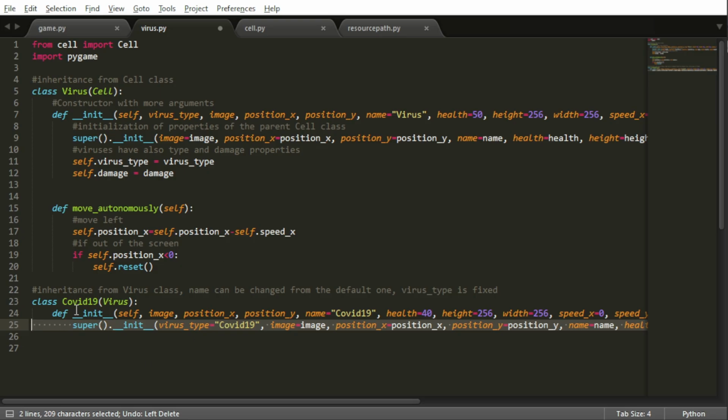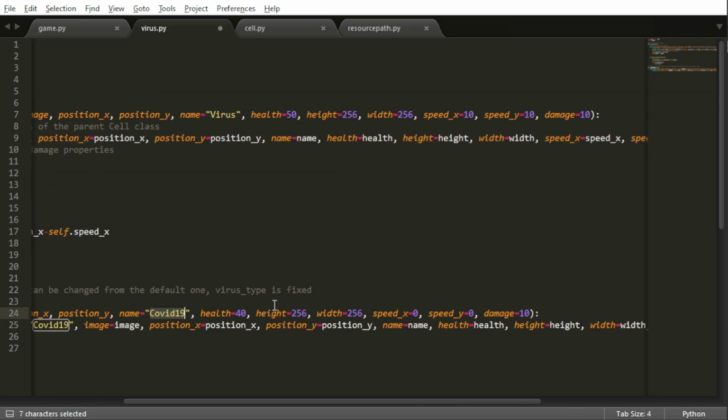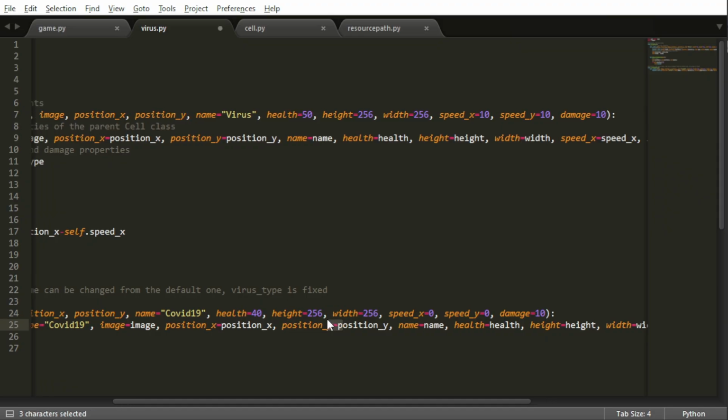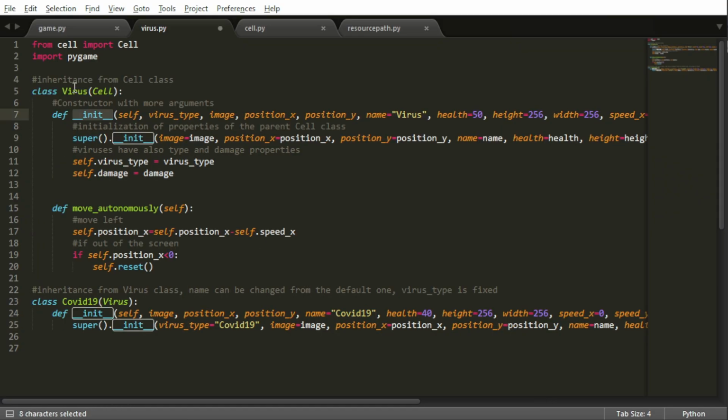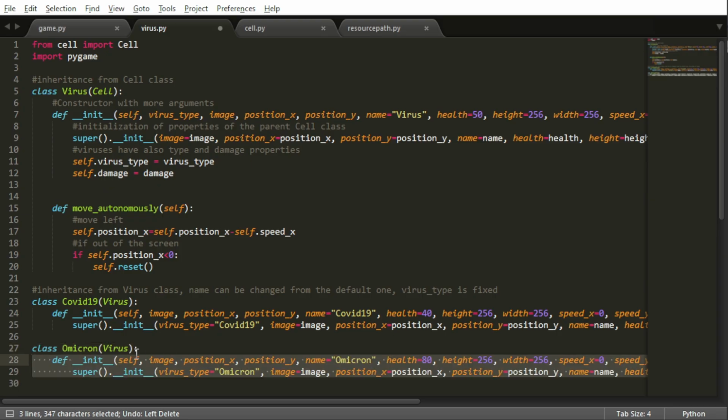So for this function we call the init, that will be the init of the superclass that is virus, so it will be called like this, with virus type as COVID-19, and the name is COVID-19 indeed. All these arguments here will be passed indeed to the function that initializes the virus. So in this way we can create also other types of viruses like Omicron, for example, and we create the